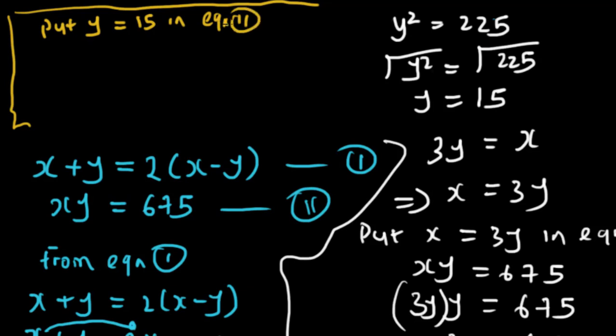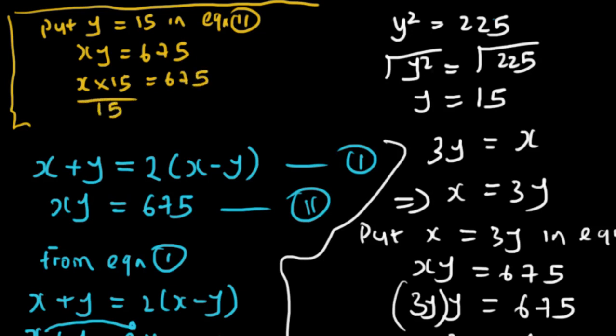And equation 2 is xy equals 675. So anywhere I see y, I call it 15. So I have x times 15 equals 675. To find x, I divide both sides by 15. So 15 cancels 15. I'm left with x equals